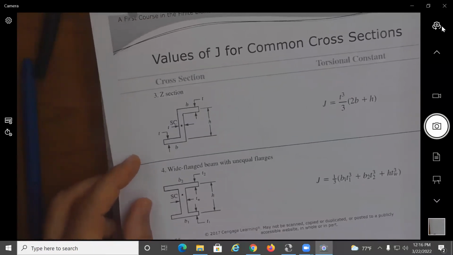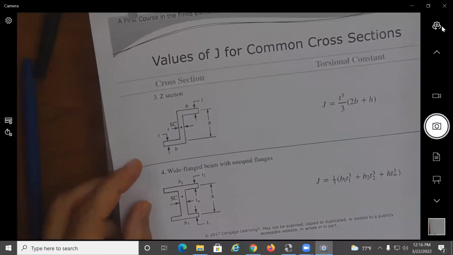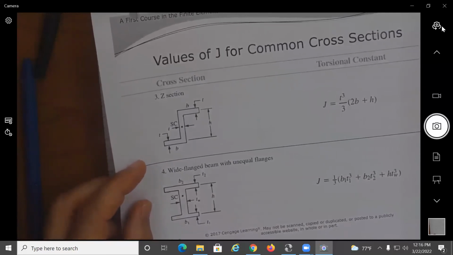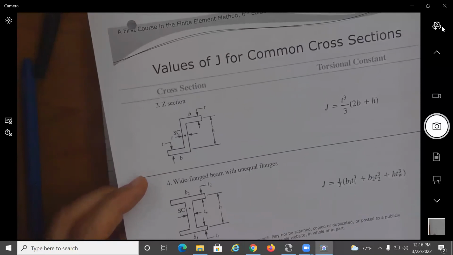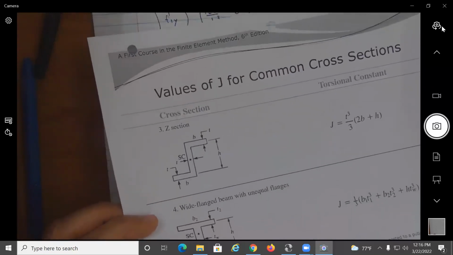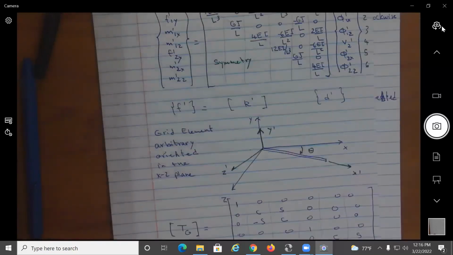These are all available in your textbook. I would ask you to please go over examples 5.5 and 5.6 in your textbook. The process is very straightforward, like we did frames, but I think it would be nice to go over it before you attempt the one homework problem on grid. Okay, this will conclude